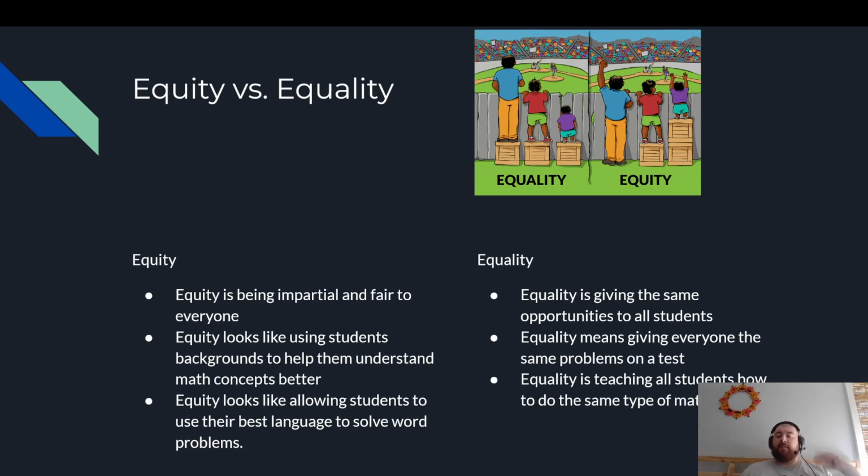Then the medium kid, he needs a box to be able to see. That's fine. Give him the box, and then for the last kid, the really short kid, he gets 2 boxes so he can see as well. So equity is making sure that everyone is set up to succeed and that they all can have a good